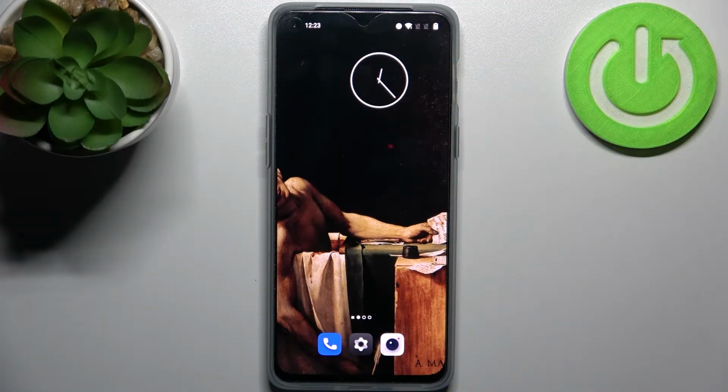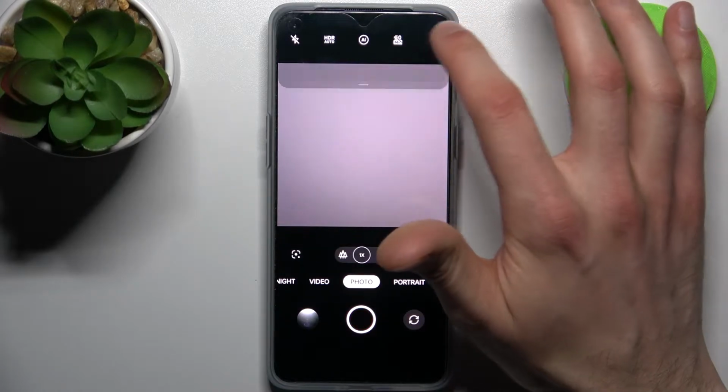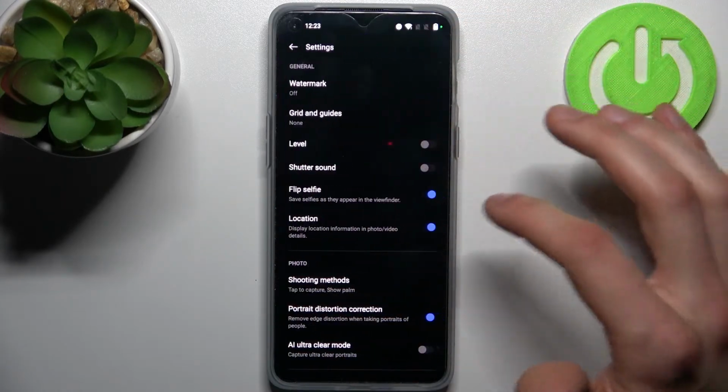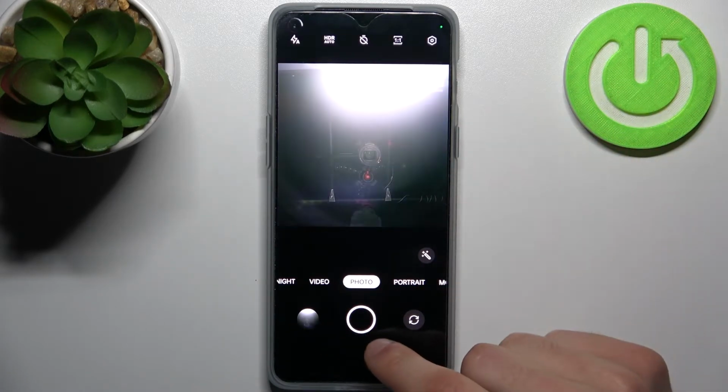Here I have OnePlus Nord 2T, and today I'm going to show you how to disable front camera mirroring effect on this device. So firstly you have to open camera, top here, go to its settings, and here you have flip selfie. So as you can see, when you have this feature enabled,